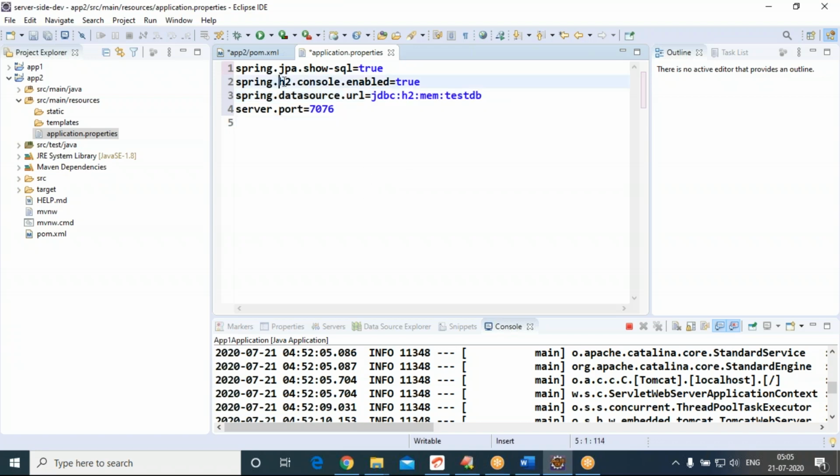To see the H2 database, the console should be enabled. In order to see any SQL command in the console, go for show SQL as true. Save it.